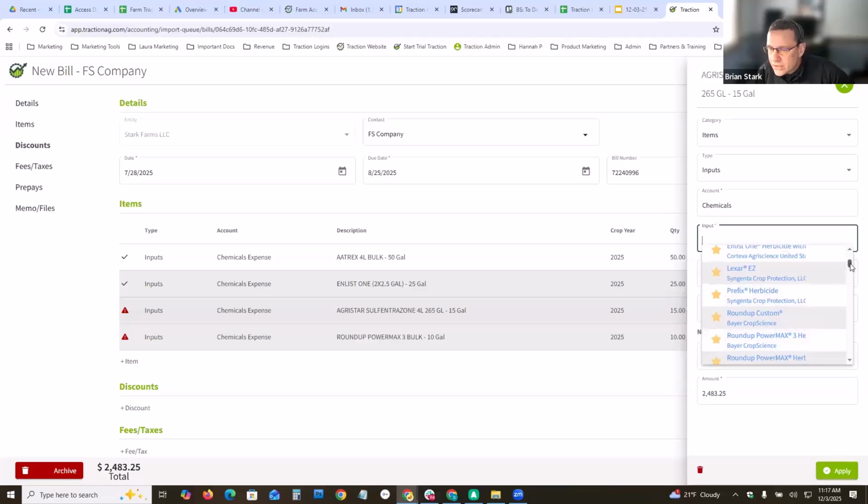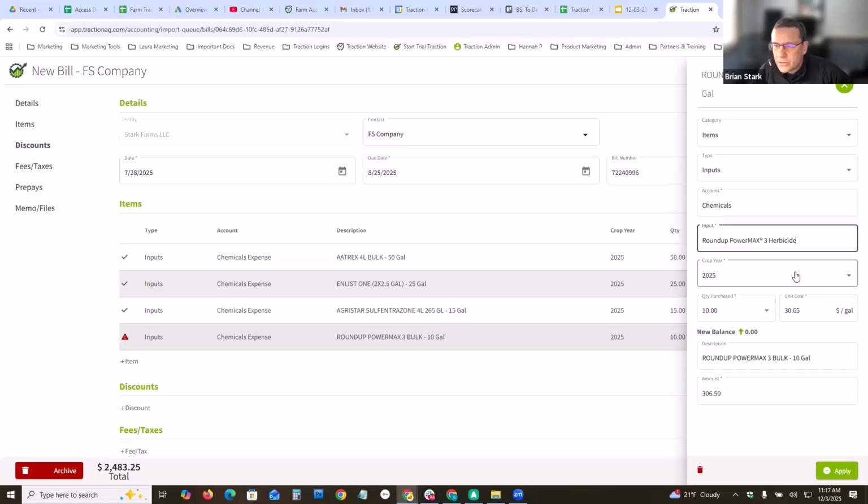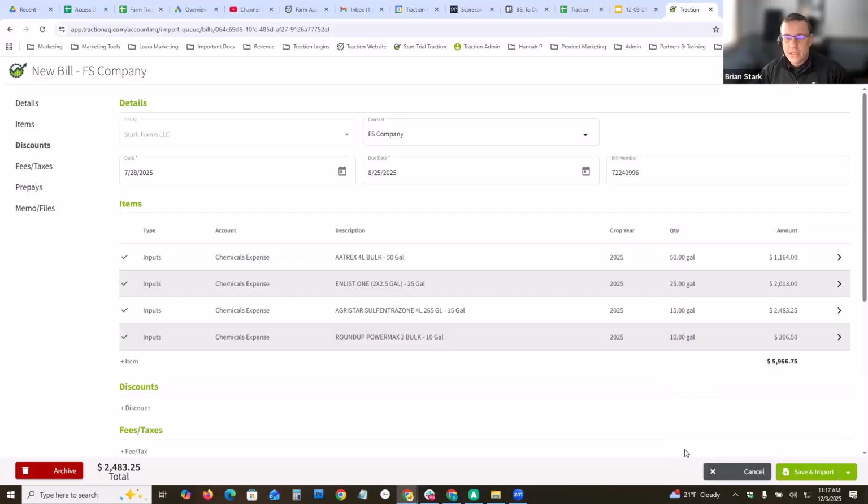And I've got lots and lots of chemicals here. There you go. Okay, so these all look pretty good. I hit apply. Now, when I sign them the first time, it does take a little bit to do the work here, but I'm telling you, it's going to go a whole lot faster from here on out. So the next time I purchase any of these 4 products that I've already matched,